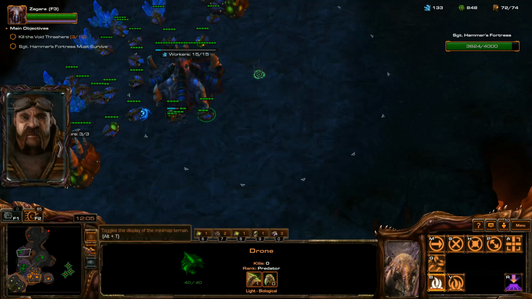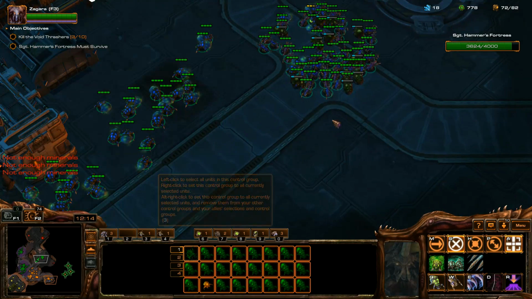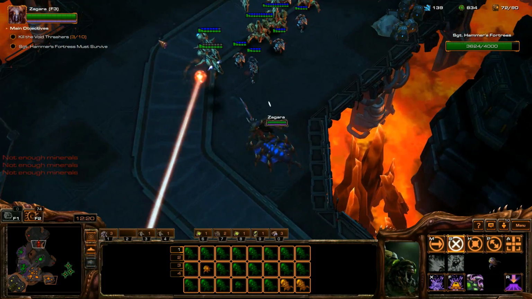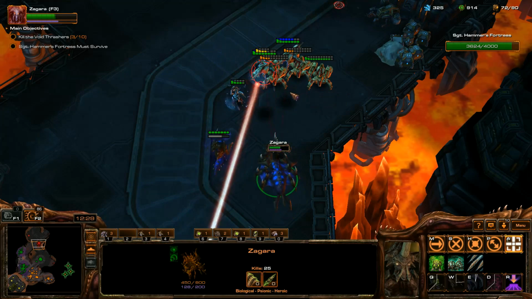Alright, spawning another queen, and then I'm throwing down a spore crawler just because I have an extra drone on that expansion supply line, and I want to make better use of it rather than having it not getting any extra resources for me. And then in order to take out these units, I'm using some Banelings and some of my